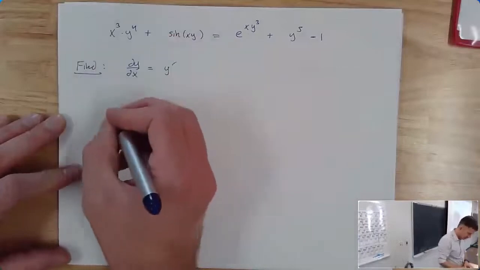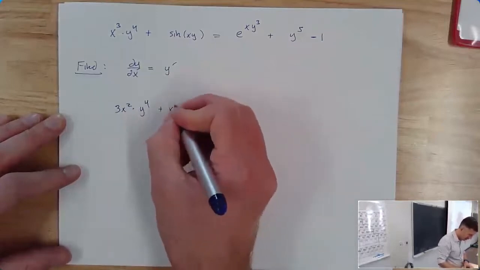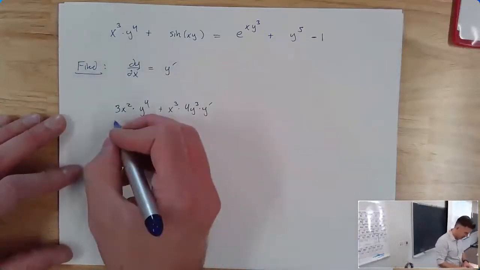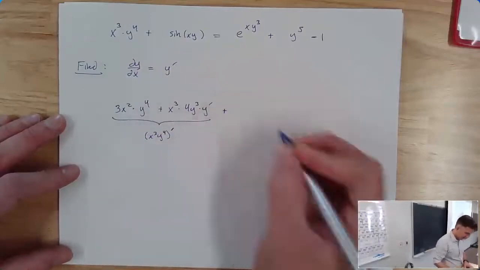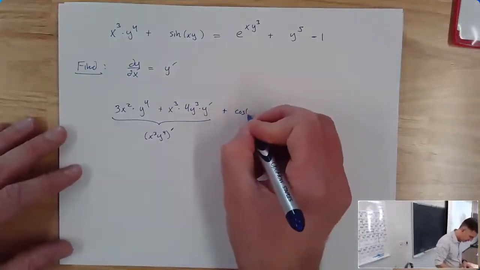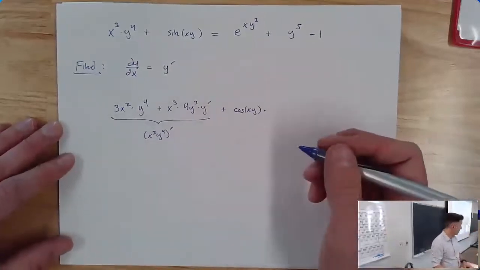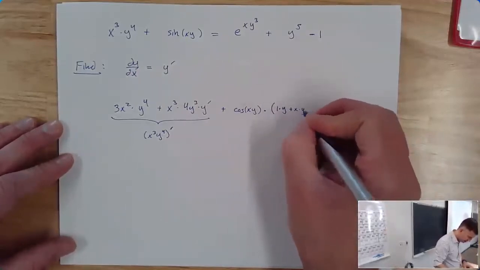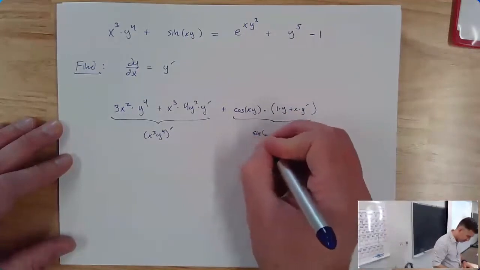So differentiating, we're going to get 3x squared times y to the fourth plus x cubed 4y cubed times y prime. There's your derivative of x cubed y to the fourth. Plus, now I have to do the derivative of sine of xy. Derivative of sine of some stuff is cosine of the stuff times the derivative of the stuff, which is going to be another product rule. It's going to be the derivative of x times y plus x times the derivative of y. I'm going to run out of room. All right. So there's my derivative of sine of xy